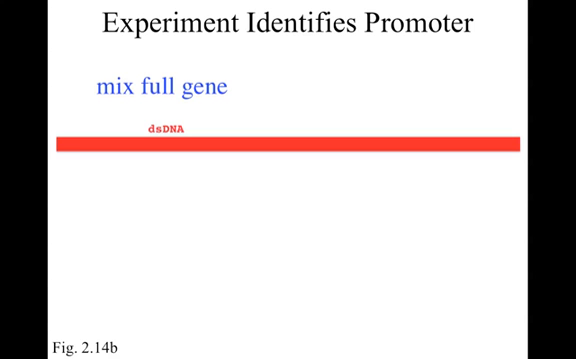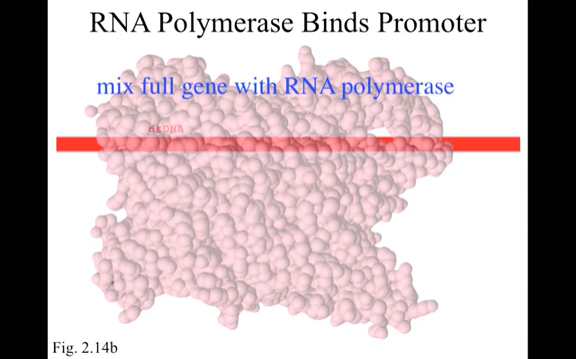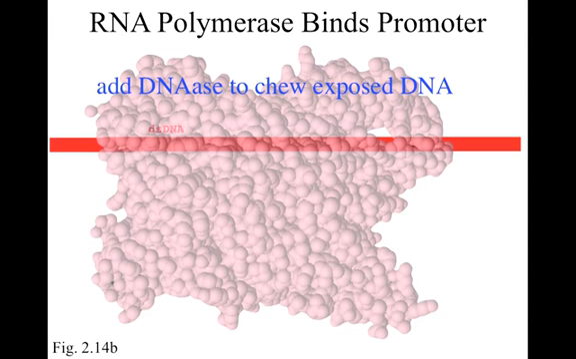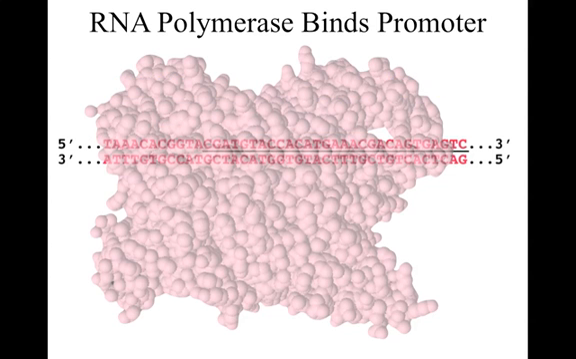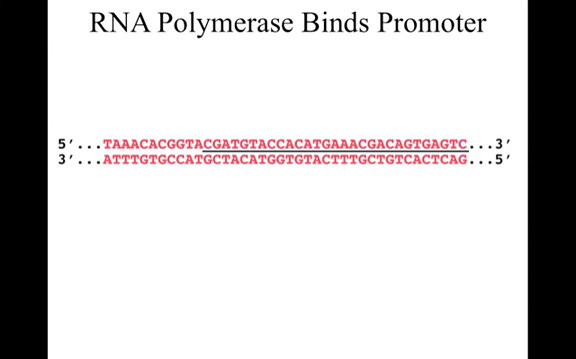the full-length gene, and mixed with that the RNA polymerase. The RNA polymerase would bind to the double-stranded DNA, and the investigators would then add DNase. DNase would chew up any exposed DNA not covered by RNA polymerase. Once they had chewed up the non-bound DNA, then they could see the sequence that was bound by and protected